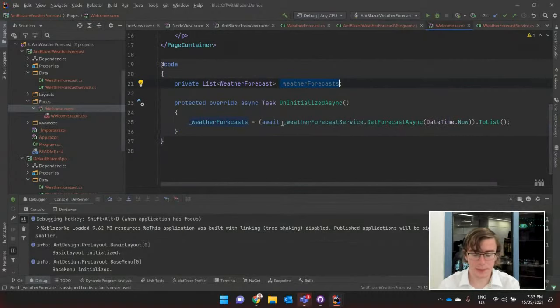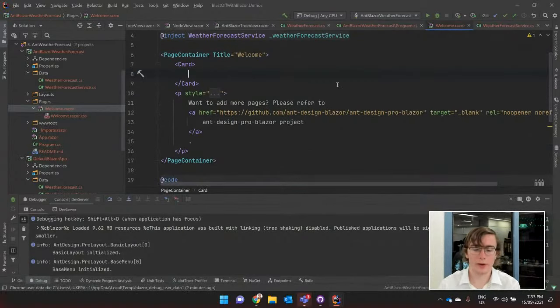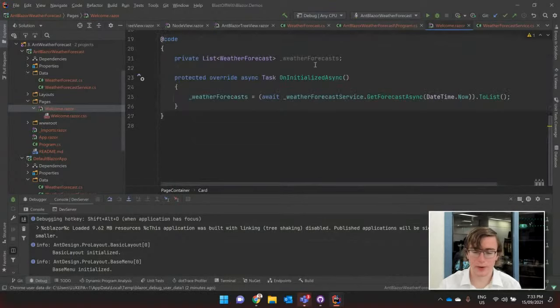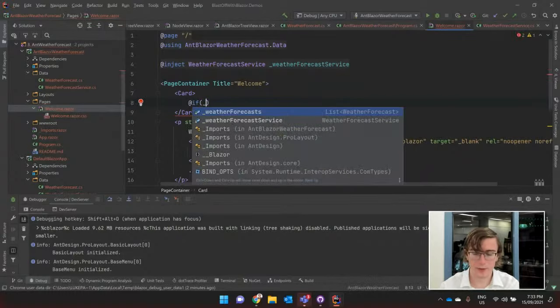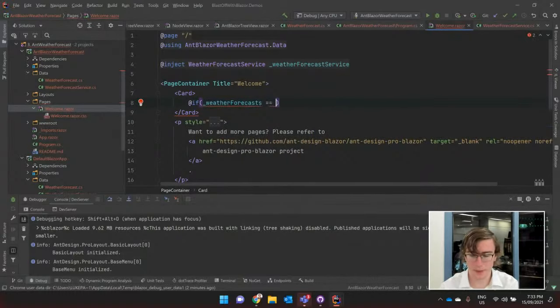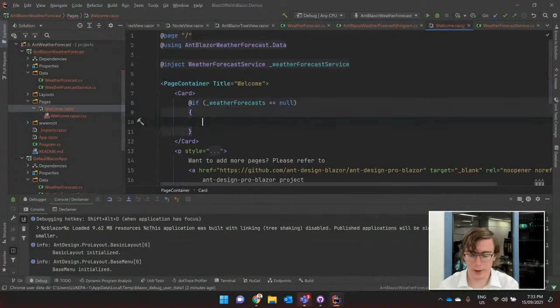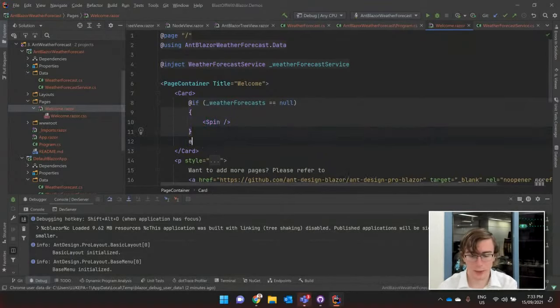So Blazor will automatically do UI refreshes if it knows a property of its component is used in the front end. So for this, if we use @if to do code inside of the HTML, we'll say if the weather forecast equals null, that means it's loading, right? Because by default it's null. So a great component of AntDesign is the spin. It's just the normal loading spinner, but obviously styled. Otherwise,